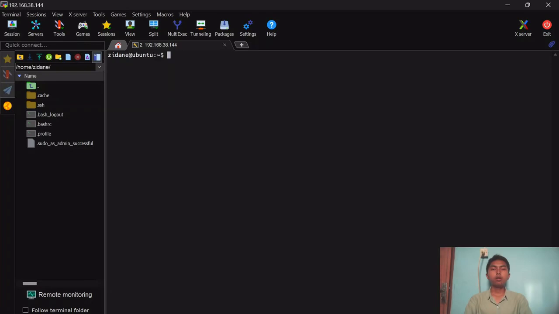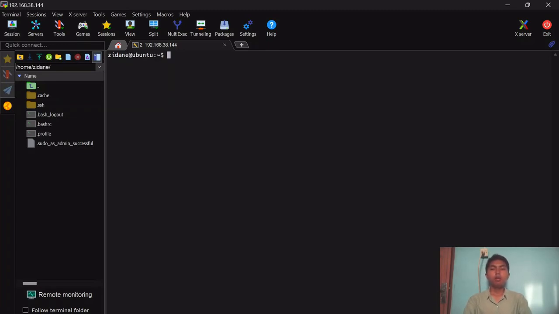And when talking about how to build the web server using Ubuntu, we commonly use the LAMP stack, which stands for Linux, Apache, MySQL, and PHP. Those applications are commonly used to build the web server using Ubuntu